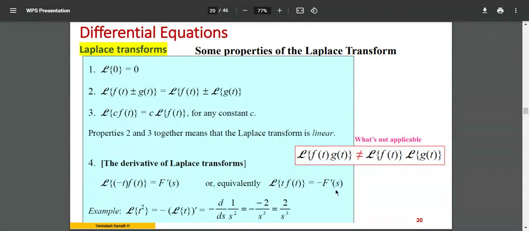Which we'll see in the next slide. So you'll be differentiating that if you have to multiply with the t here. Okay, t into f of t, if you come across this kind of equation, it will be a derivative. This you may expect. A simple function here, for which you need the Laplace transform, which you have to differentiate. That shouldn't be a complicated one. So this kind of question you may come across.